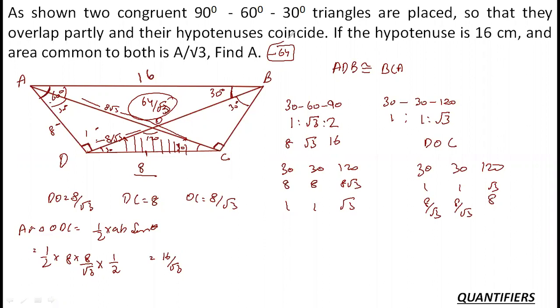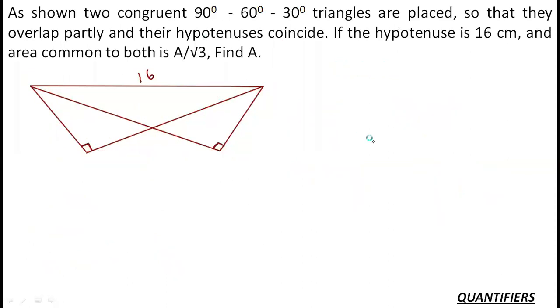So I simply used the utmost basics that we should do for geometry. Nothing else. No advanced theorem. Just the basic use of similarity, our angle ratios, and nothing else. Okay, I hope the concept is clear to you. Let's see the second question.